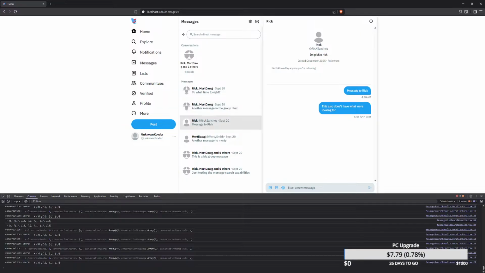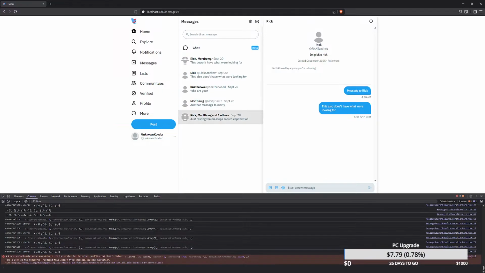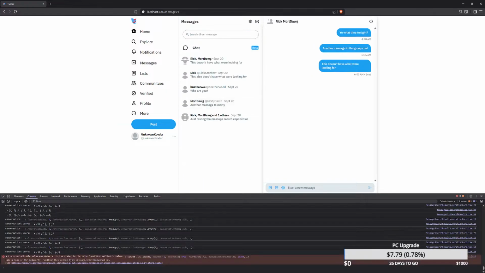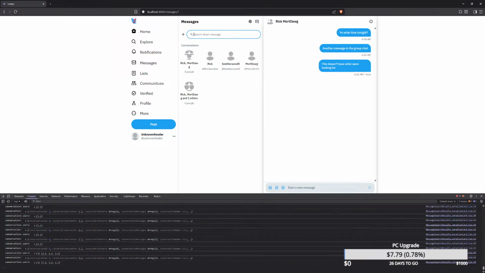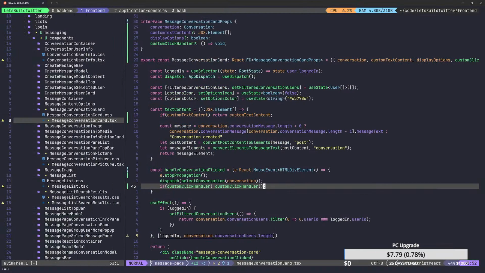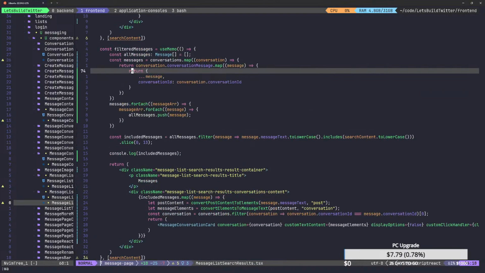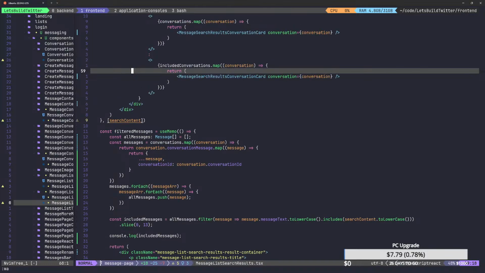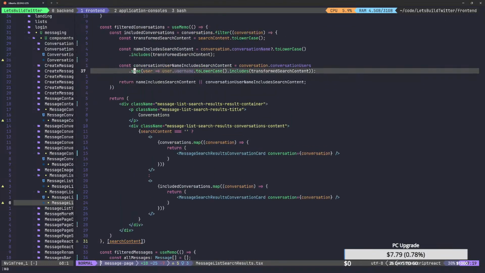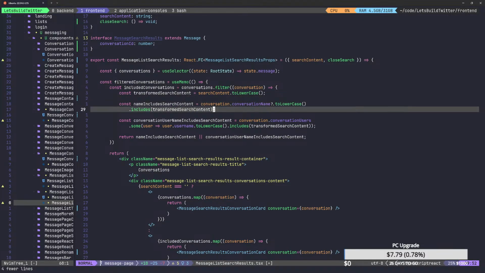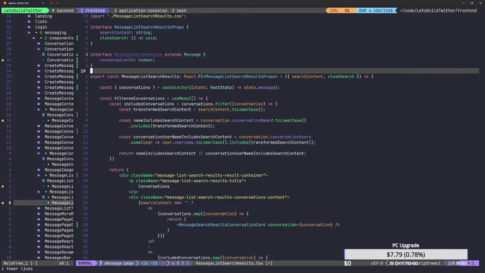Now if we click on this, it does exactly what we thought. I don't know if we went to the right one, so we go to Rick and Morty. Okay, now we need to be able to click on these guys as well. So now if we come into our search results again, we don't need the dispatch in here. We're not going to select the conversation here, but we will go ahead and